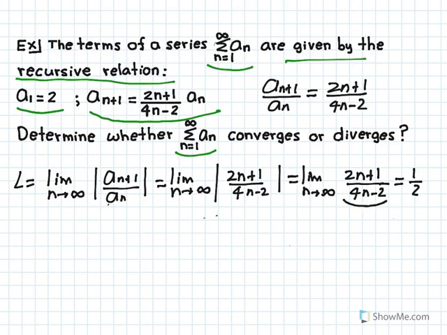Also, you can always apply a shortcut. Whenever you have a rational function and the numerator and denominator have equal powers of n, then the ratio of the coefficients is the value of the limit. So in this case, it's just 2 over 4, which is 1/2. So 1/2 is less than 1. So since L is equal to 1/2, which is less than 1, then the series